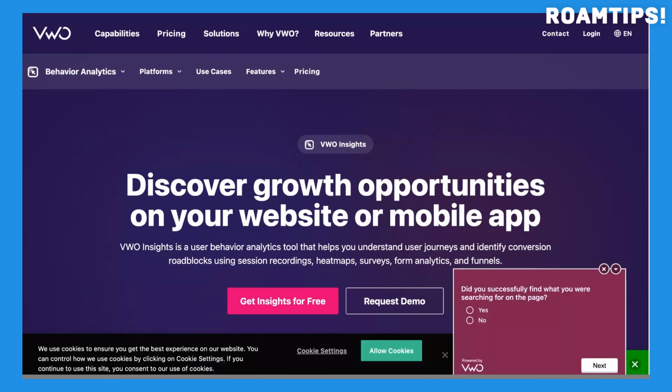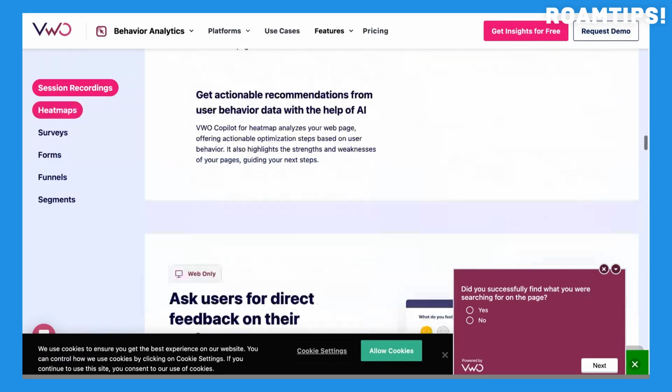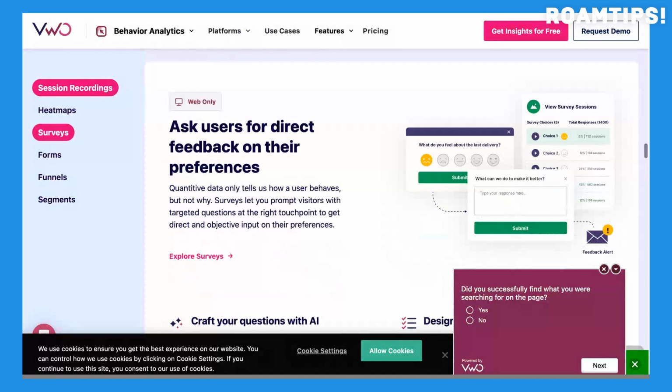I found the visualizations, especially the interactive charts and graphs, extremely helpful in identifying areas of success and opportunities for improvement. The platform's performance was excellent, the data loaded quickly, and the reporting was consistently reliable. I had a quick question about interpreting a specific metric and their support responded within 24 hours via email, very helpful and efficient. I was really impressed by how customizable the reports were, allowing me to tailor the data to